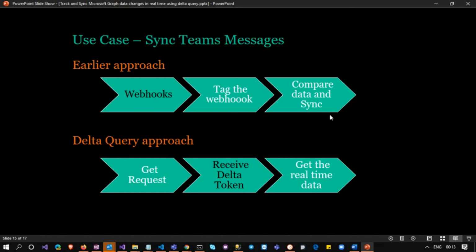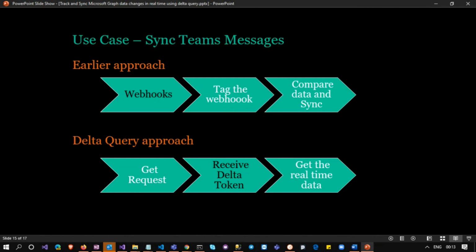But now, after Delta query comes, we don't need to do all this complicated process, because the earlier approach depends on a lot of things. You need to deploy it in Teams, and you need to depend on the team owner and the Teams administrator. You need to depend on a lot of resources and a lot of people. But after this Delta query approach, there is nothing to deal with in any of the Teams-related stuff. It's only about granting permission to access the Teams resource for Graph API through an Azure AD app.